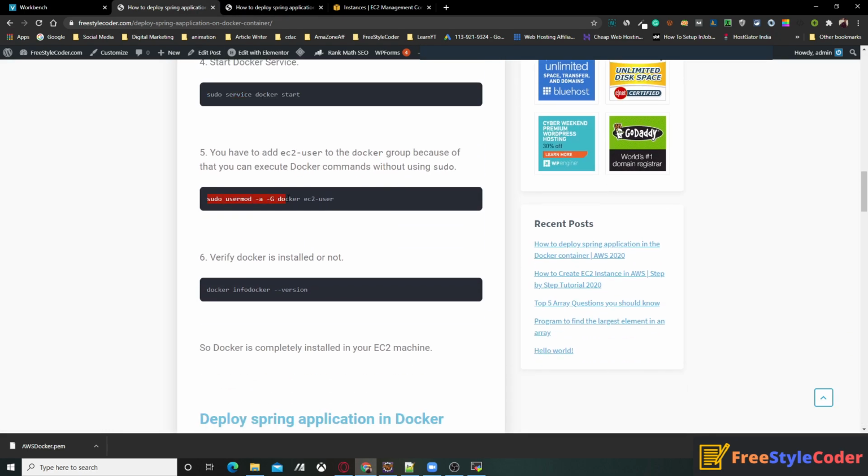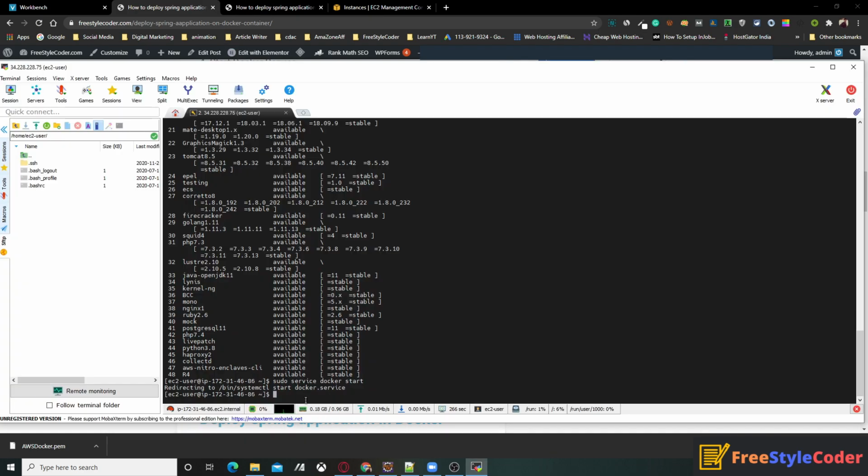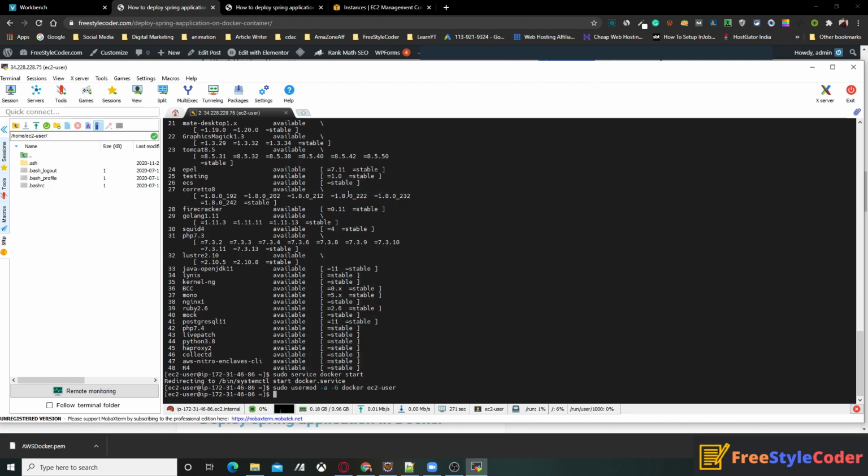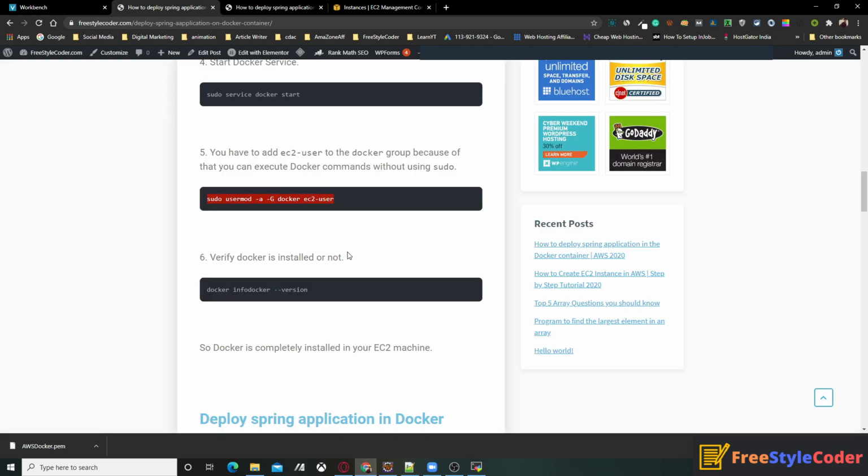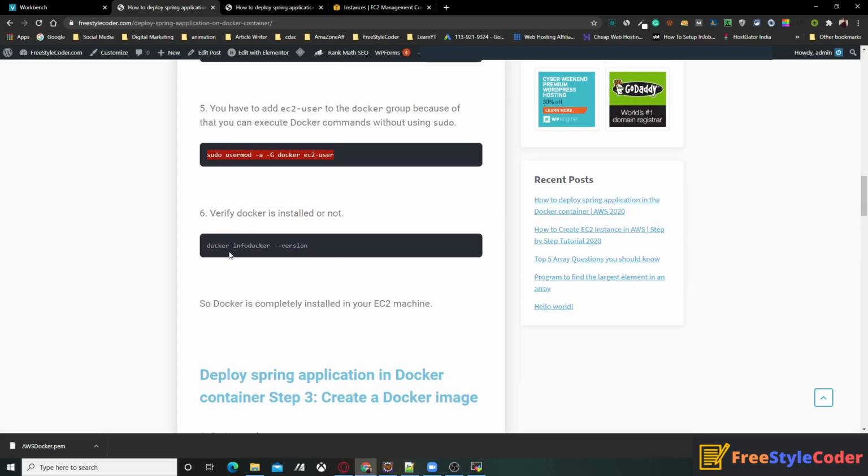Then you have to add ec2-user to the Docker group. For that you have to run this command, paste it over here. Then next step, you can check the Docker version.